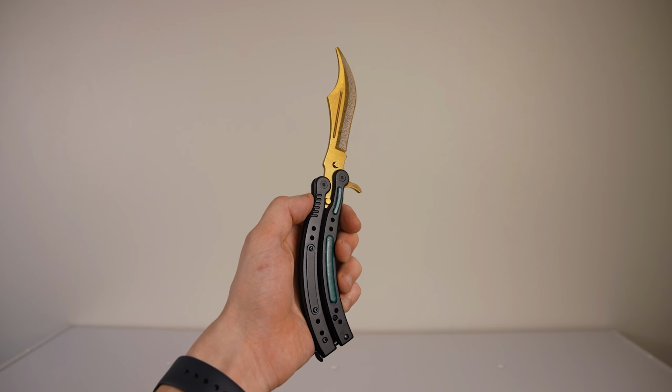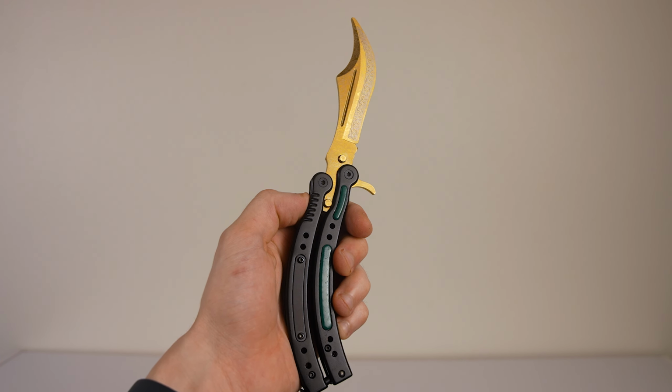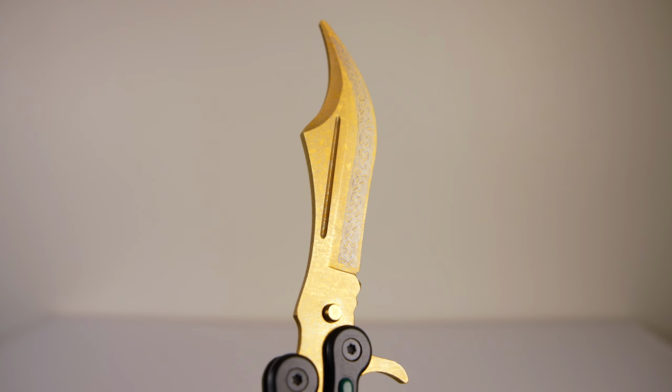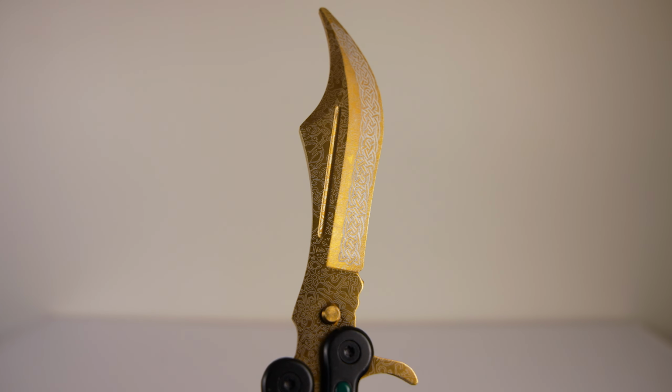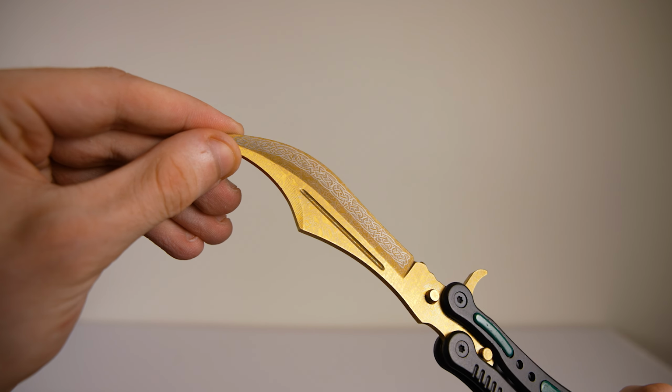Now, the fades are amazing and all, but my all-time favorite from the site, just like my favorites in CSGO, are gonna be any of the lore skins, specifically this butterfly lore right here. I've always absolutely loved lore skins in game, and it's probably just because they look like a golden knife that even has a better twist on it, but you have to take a second to admire how amazing they made